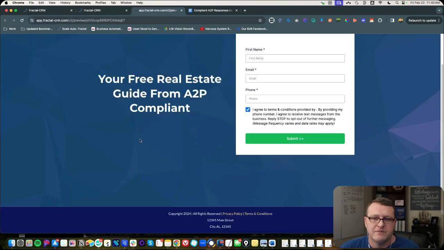Done. Next up, you need privacy policy and terms and conditions. They need to be working links. They don't really care anything else about what's on there. It just needs to be an actual link that goes to a privacy policy and to a terms and conditions page. If you have, like up here, you see terms and conditions. If this were the only link to privacy or terms and conditions, it will most likely fail.